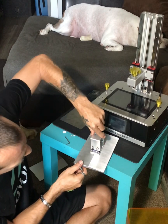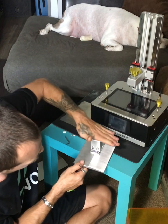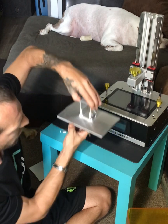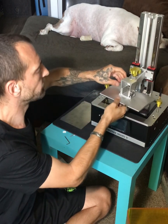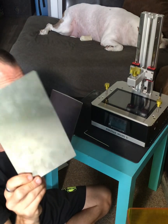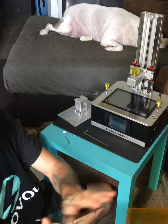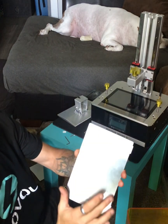Okay. Now what I'm going to do is I'm going to push it all the way down, which means this is going to be all the way up to the top. Do not forget to put your plate on, or your flex plate. Now there are two sides to this. There is a smooth side,